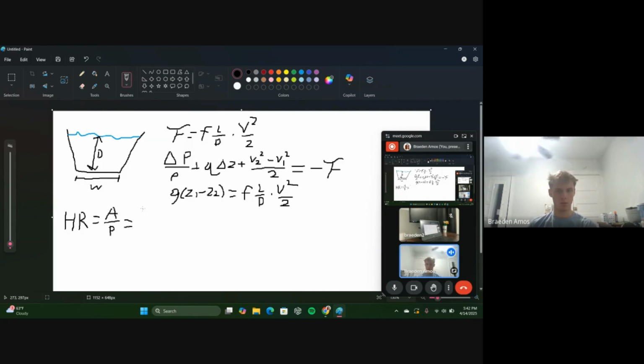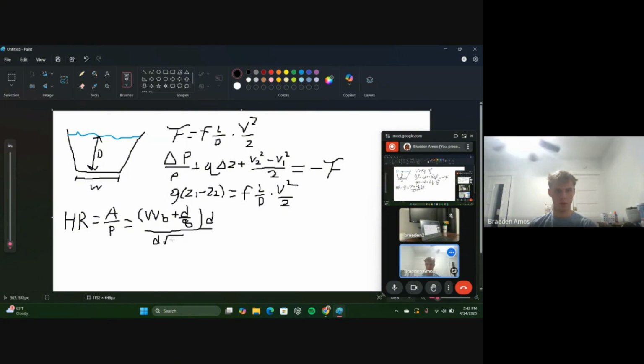And this is going to be equal to the wetted base plus D over 8 times D, and this is going to be all over